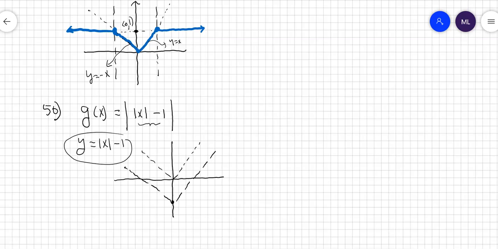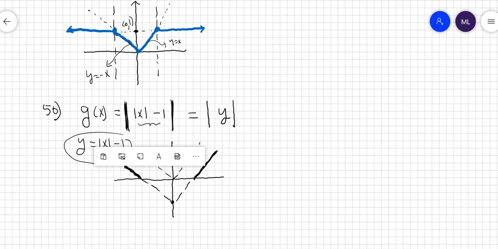But now this portion is negative. Because we put absolute value to it, it's equal to absolute value of y. The negative portion, because you put absolute value, becomes positive. So this goes up,